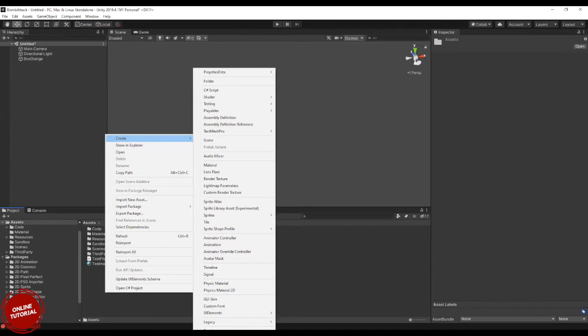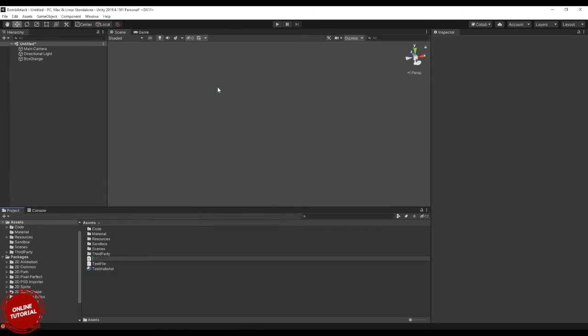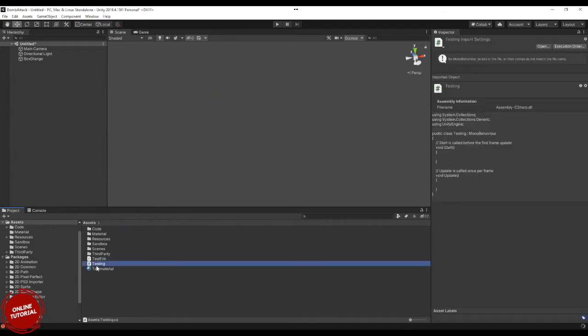Okay, these are all related to scripting. If you want to write any script in Unity, you will use this for creating a script. And when you open it, you will go to your respective development environment.